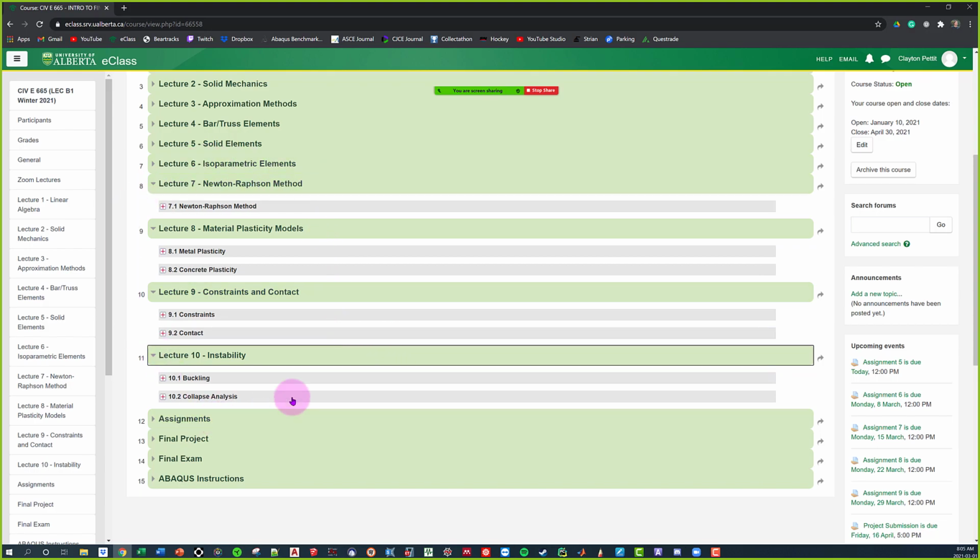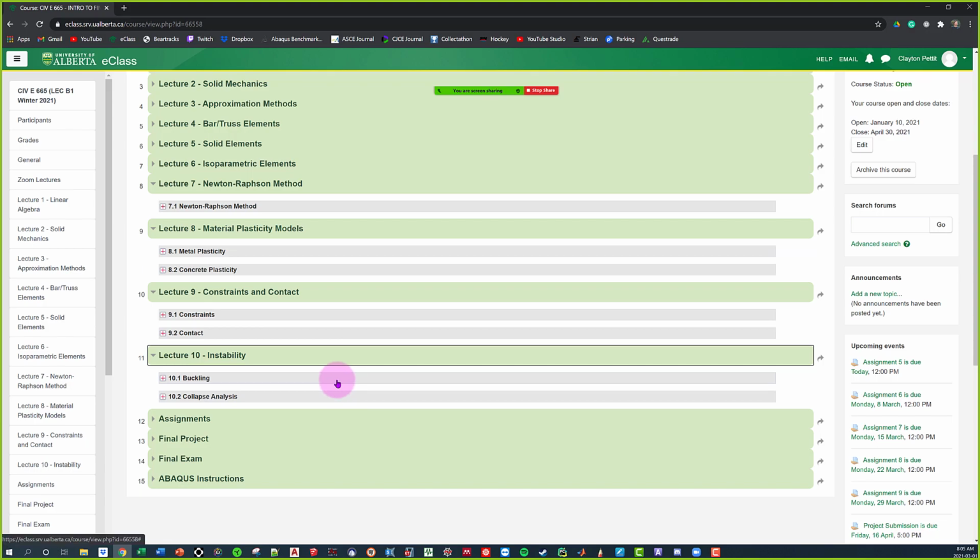Now, again, for the last part here, since this is going to be very math heavy, we're going to focus more on the implementation of these nonlinearities into our finite element program rather than go into the math itself. We're going to briefly explore the math, but we're not going to really get into it, if you guys know what I mean.